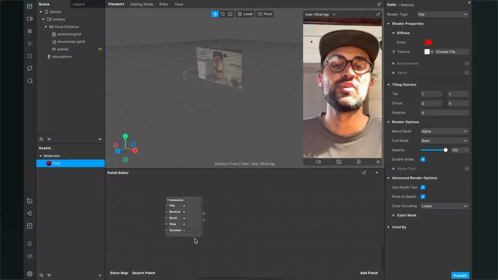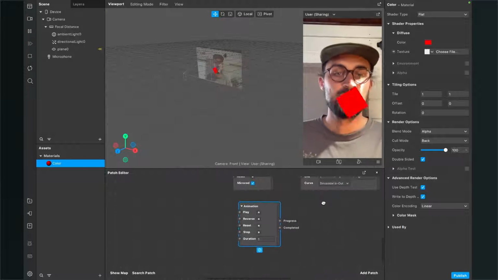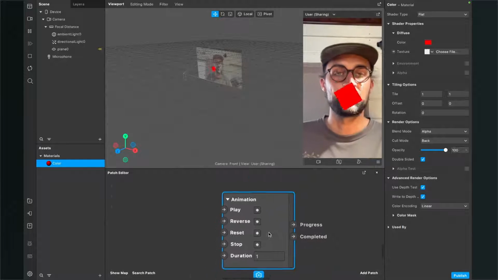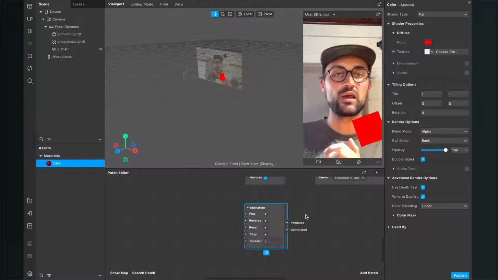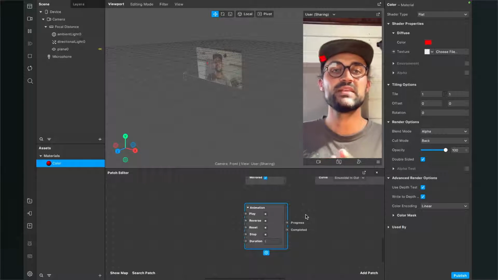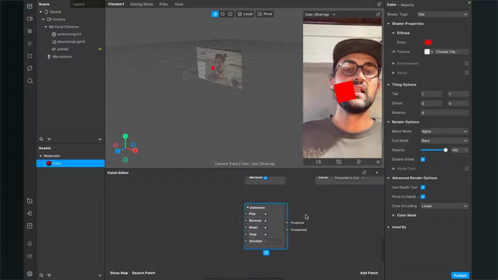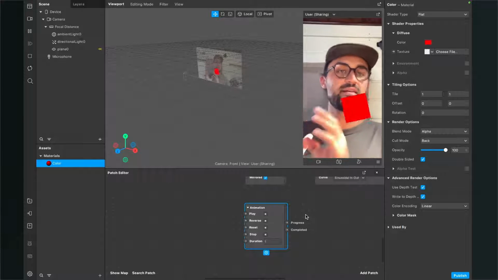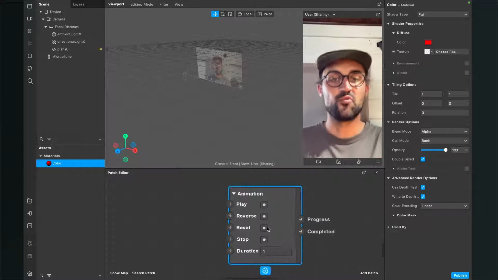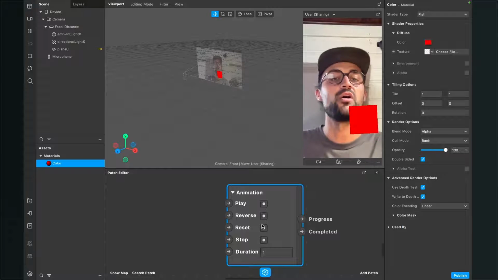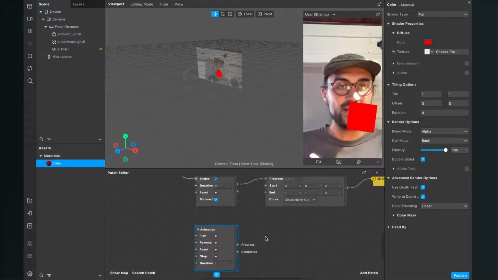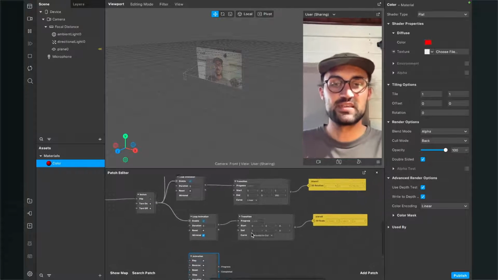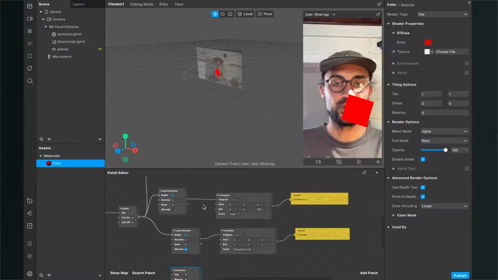So now we go to the animation patch, and this has almost the same things, but this animation needs a pulse to start, and then it just does the animation once. Then we can also reset here the animation or stop it or do it in reverse, but those have all different inputs to control this. We have already done the animation here with the transition, so we can just copy this,